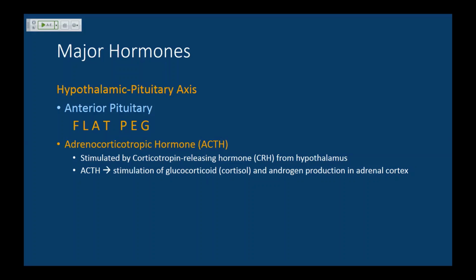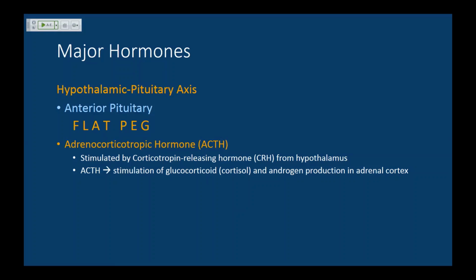All right, back upstairs. That was F and L. We're moving on to A, which is adrenocorticotropic hormone. It is stimulated to be released by corticotropin releasing hormone. And these names are pretty good. So corticotropin releasing hormone stimulates the release of a corticotropin known as adrenocorticotropic hormone. Okay, that's CRH from the hypothalamus, stimulates ACTH from the anterior pituitary.